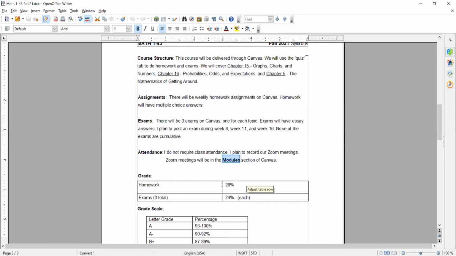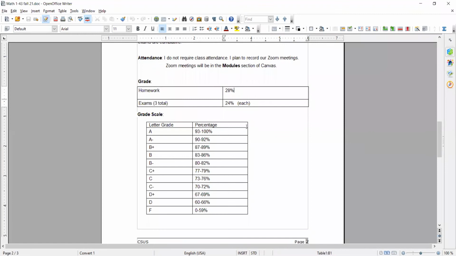Like I said, I will make homework for you. Homework has multiple choice answers, and it's 28% of your grade. Exams have an essay answer response. Again, you can just write your solution or write your response, but some people have been able to upload a picture of their work or send a PDF of their problems, and I can grade that too. So either way works for me. And then once you have a score at the end of the semester, I will assign a letter grade using this scale.